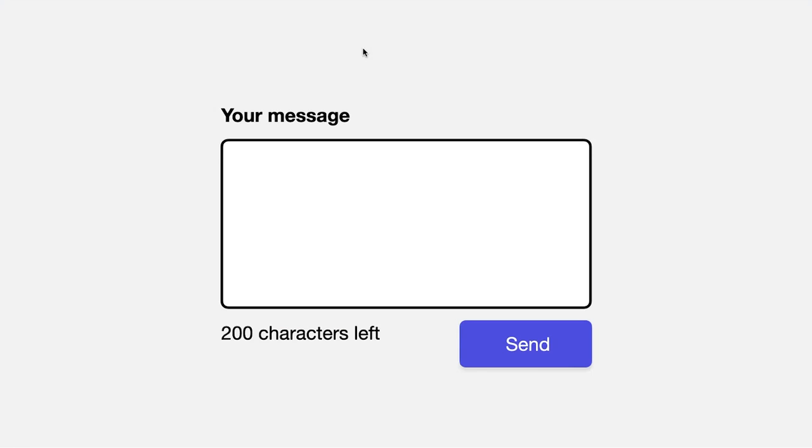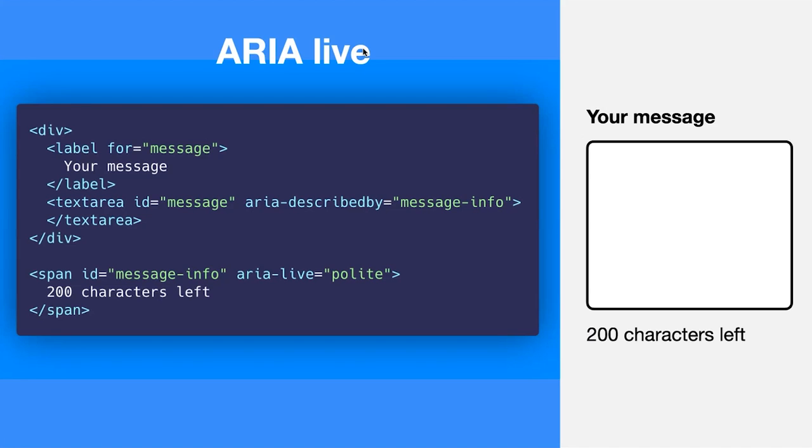So imagine you're writing some kind of messaging system. This looks obviously distinctly similar to Twitter. And you want to write a message, and you're going to have some indicator that you can only type in a certain number of characters. Now, this is something you're used to seeing quite often in forms, but it's not obvious how you would make this accessible, because that information, the 200 characters left, unless you're having it read out to you while you're typing, you'd have to go to the next part of the form or something. How would you know that it says 200 characters left? It's not obvious.